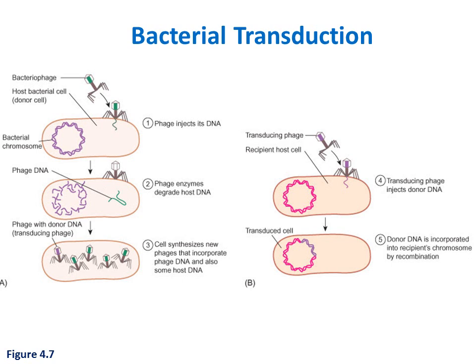The final method by which bacterial DNA can take up foreign DNA is by viral particles, also known as bacteriophage. These viruses will dock on the outside of the bacteria and inject their DNA into the bacterium. They then degrade the bacterial DNA, as shown here in the purple, gets completely degraded. They then take over the bacterium and use it as a means of generating thousands of new viral particles. They take up the DNA, and sometimes accidentally, some of these viral particles will take up some of the bacteria's